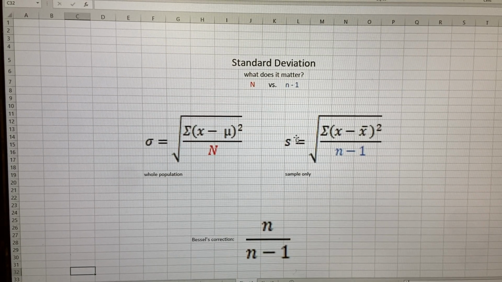Now, there are some differences. You can see different letters are used in the two formulas, but the main difference is this division that I highlighted here. In this one, if your whole population is 30 elements, you divide by 30. And here, if your whole sample is 30, you throw away one of the samples and you divide by 29. In this video, I'm going to be focusing on why you throw away one of the precious few samples that you have,